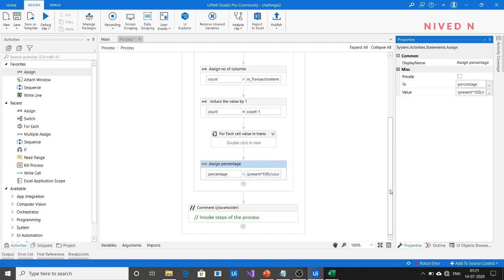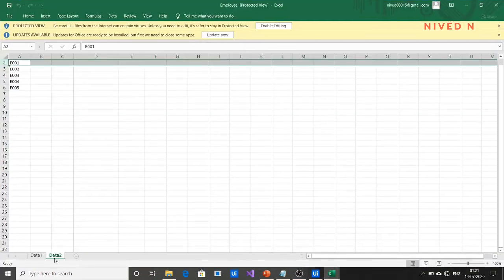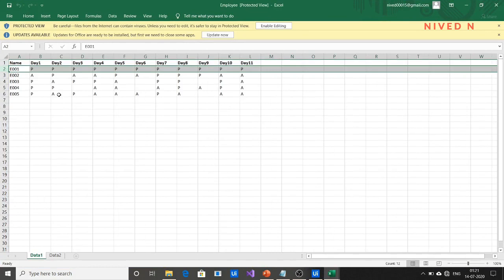So the next step is, in this whole sequence, we have taken each transaction item, which represents each employee's attendance details, and calculated total present, total absent, total null value, and also the percentage.